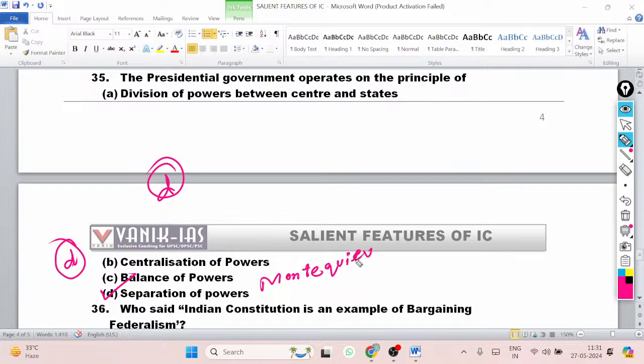Look at the spelling of the word Montesquieu. Montesquieu. So Montesquieu,